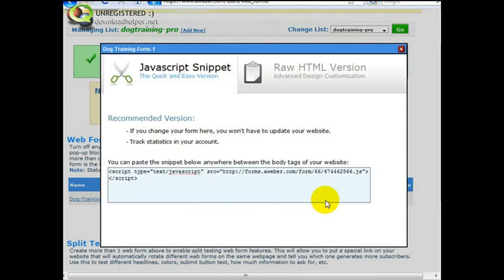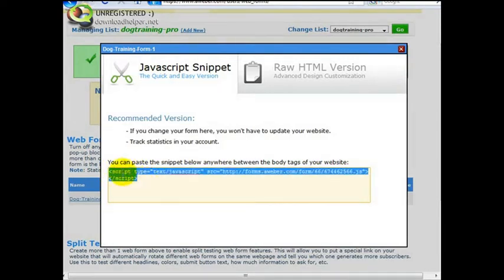Now you'll see that they're going to actually give us two options here, the JavaScript and also the raw HTML. Now this is going to be really important. If you're a beginner, absolutely stick with this because this is very easy. You can see it's not even a lot of code. I'm just going to go ahead and right click and copy, and then I'm going to go to my web editing program and open up the page where I want the code to appear and stick it in,